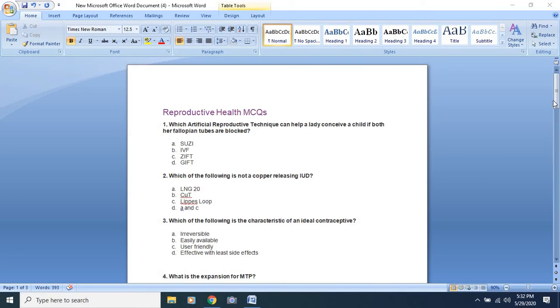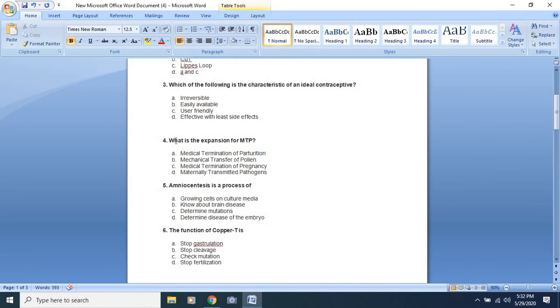Next, what is the expansion of MTP? So the MTP topic we have seen in chapter 4, that is medical termination of pregnancy, and here the answer will be the C option. Next, amniocentesis is a process of, here the answer will be D option,